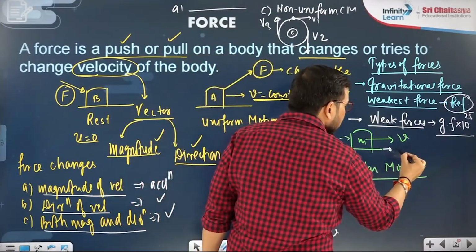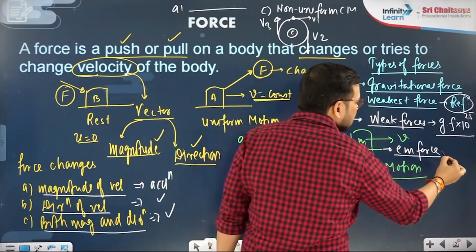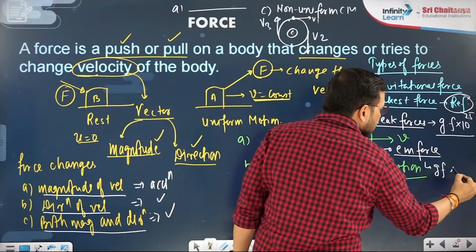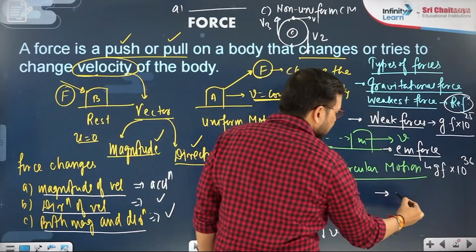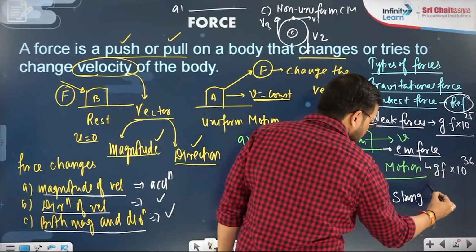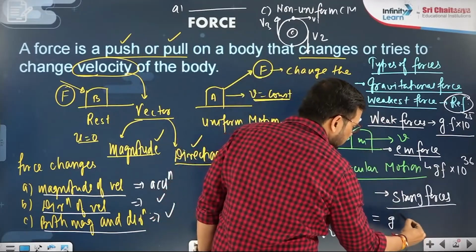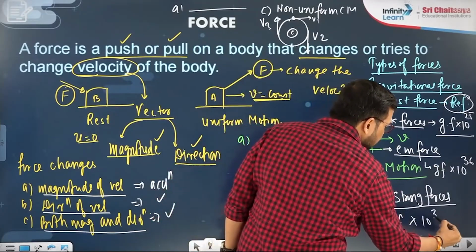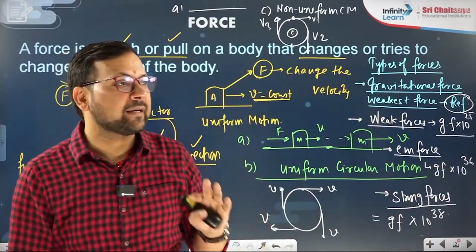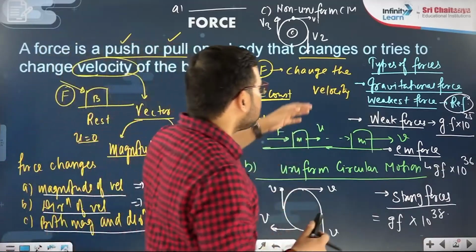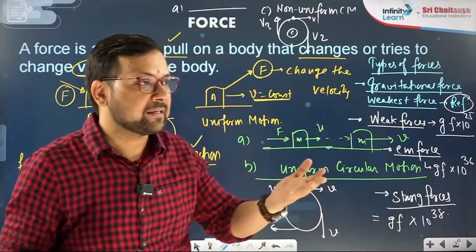Third force I am taking as electromagnetic force. This electromagnetic force, again, is gravitational force into 10 raised to power 36 times, and fourth I will take after electromagnetic. Suppose I am taking strong forces, what am I taking, kids? Strong forces. That strong force will be gravitational force into 10 raised to power 38. Got this? So this fact you have to remember, make a note of this data. I have taken 4 categories of forces. As I said, these all will have subcategories after this.